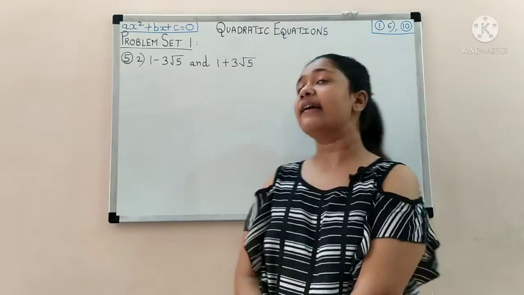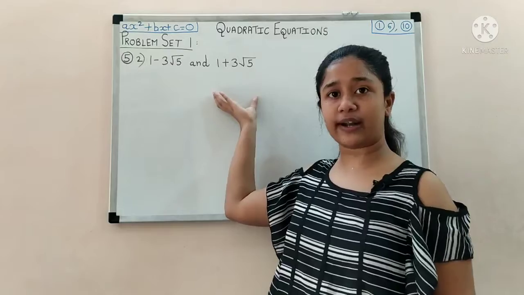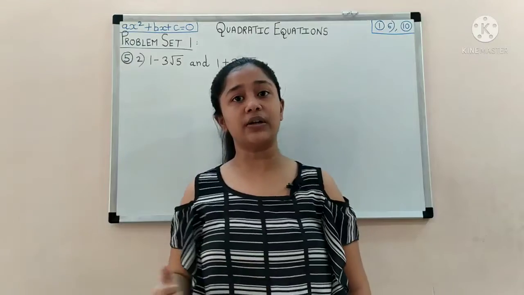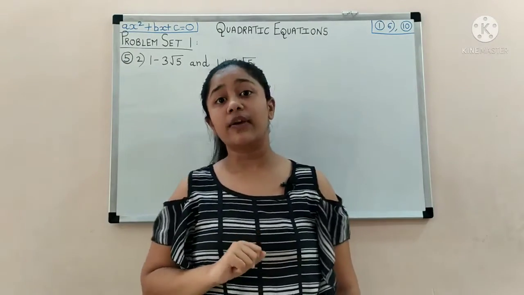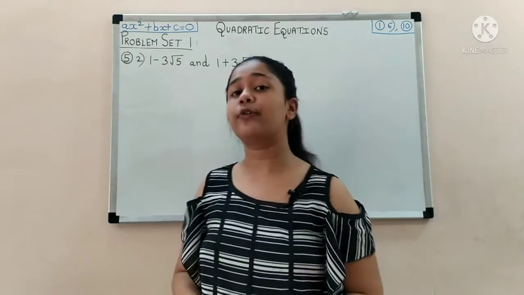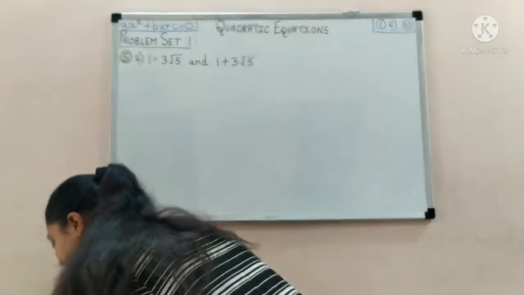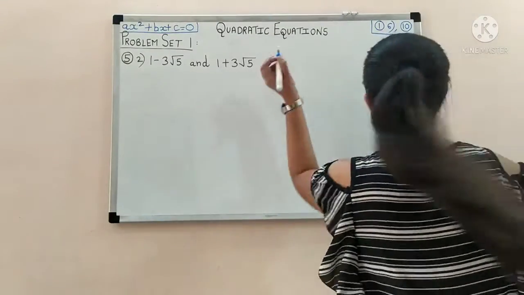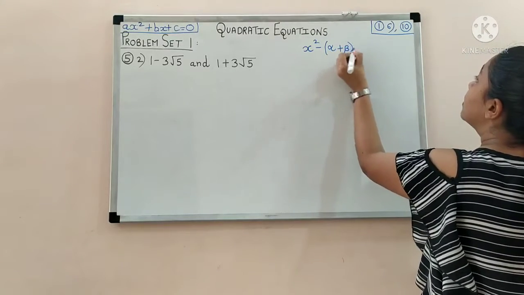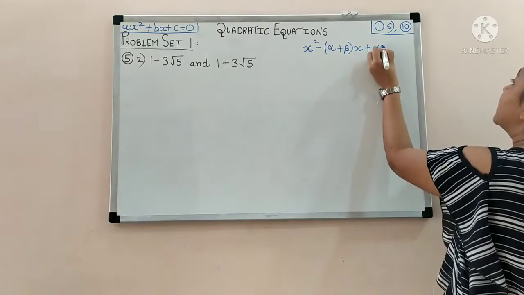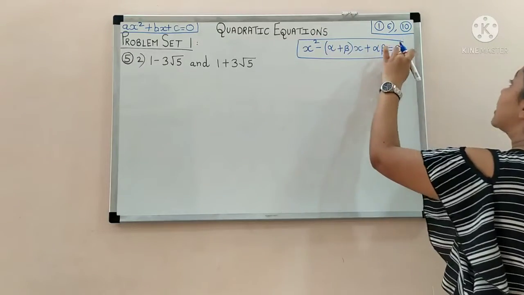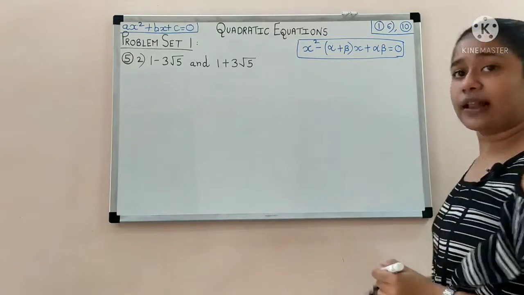Question number 5 says that you have been given the two roots of a quadratic equation, and from these roots you have to find the quadratic equation. Such type of questions we have done earlier in practice set 2.5, where we had been given two values, that is two roots, and we had to find the quadratic equation. For forming a quadratic equation, we have a direct formula, which says x square minus of alpha plus beta into x plus alpha beta is equal to 0. This is the formula which we use for forming a quadratic equation if its roots are alpha and beta. Okay, if the roots are alpha and beta.